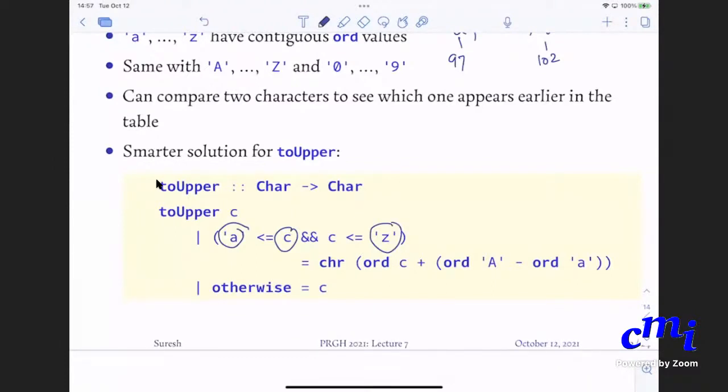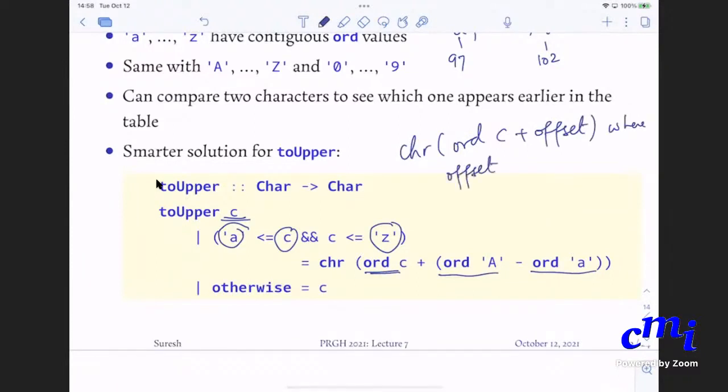So check whether the input that you are checking with is occurring within the range small a and small z, in which case what do you do? You take ord of capital A minus ord of small a, and then you add it to the ord of C. So in fact, if you want to make it better, you want to say chr of ord C plus offset, where offset equals that difference.